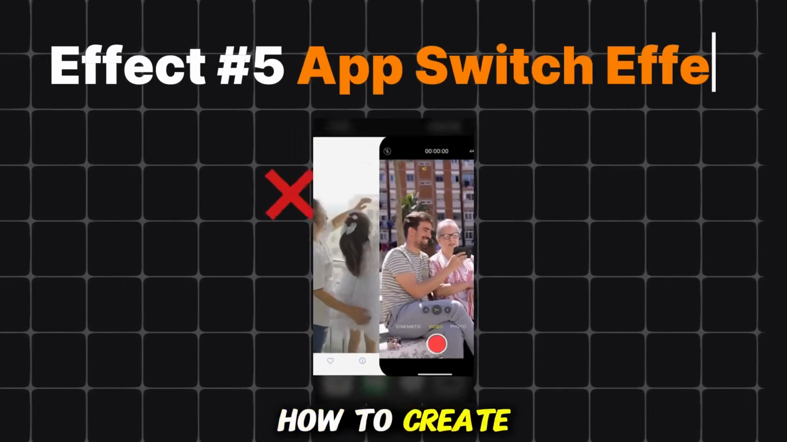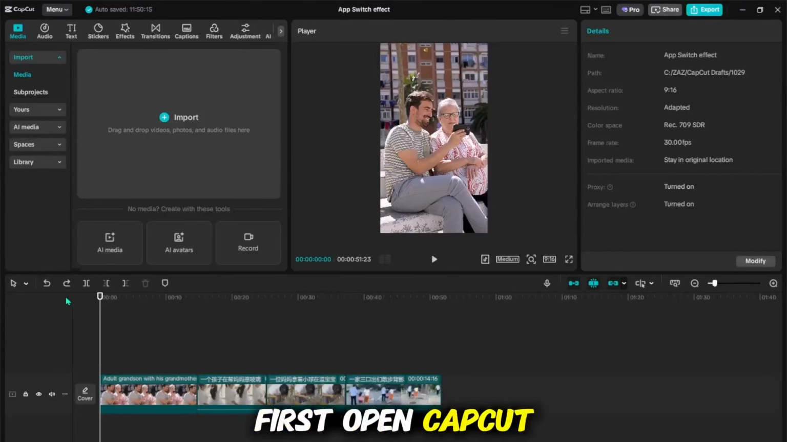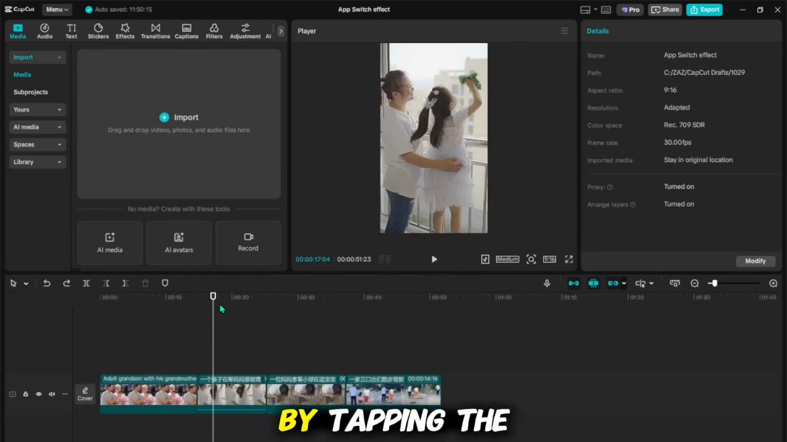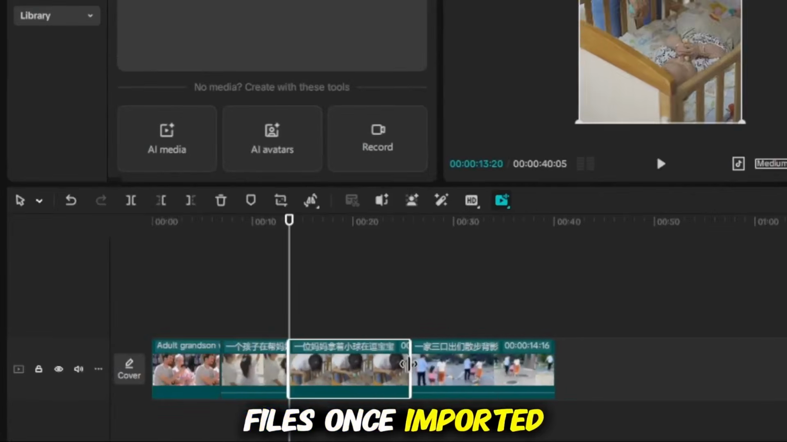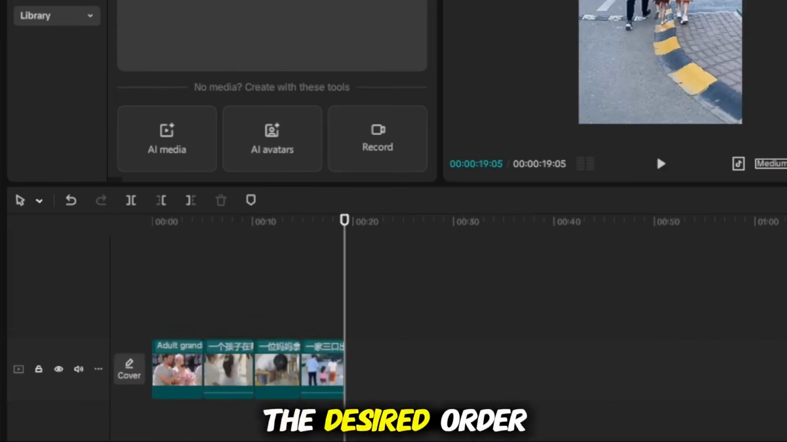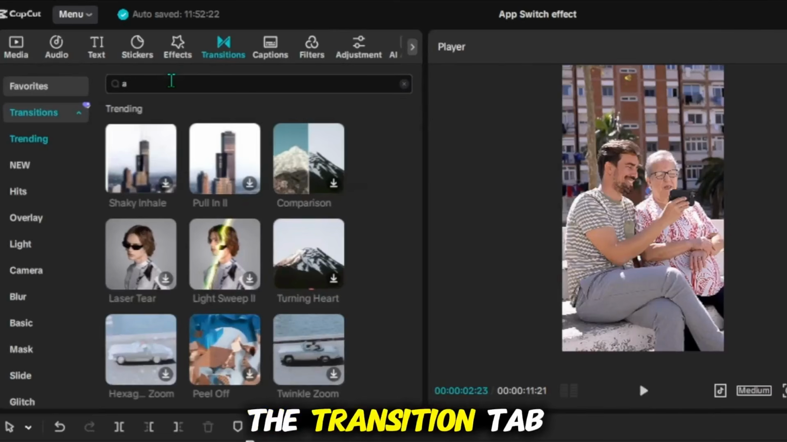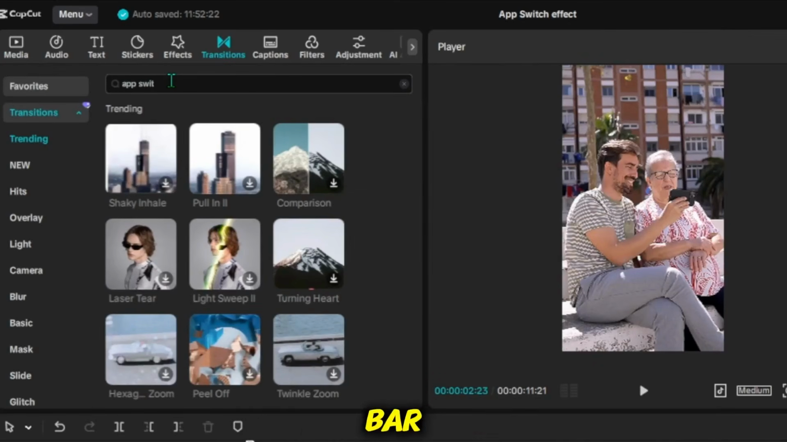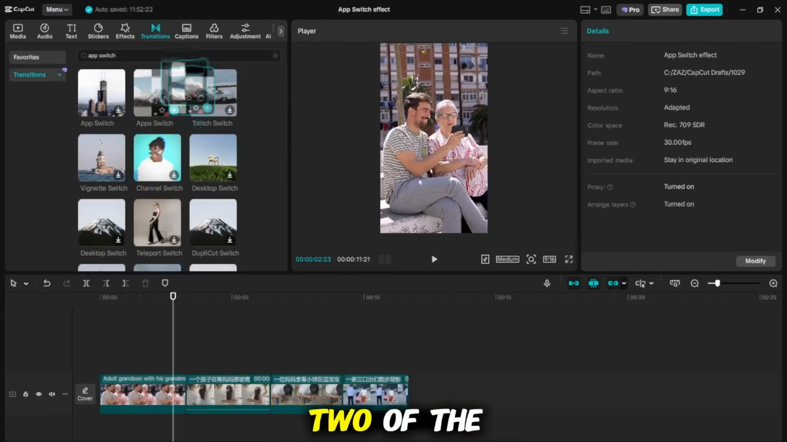I'll show you how to create an app switch effect in CapCut Pro. First, open CapCut Pro and import your video clips by tapping the Import button and selecting your files. Once imported, add them to the track in the desired order. Now, tap the Transition button to open the Transition tab. In the search bar, type App Switch to find the transition. This is the one we're looking for. Drag and place it in between two of the clips to add the